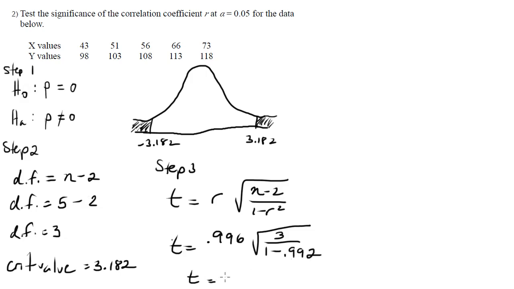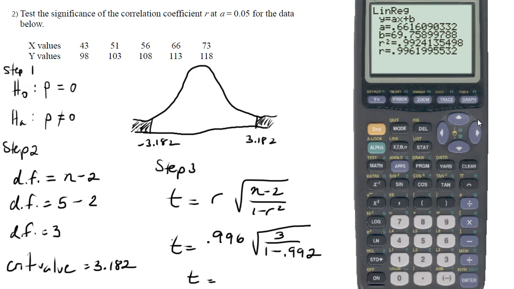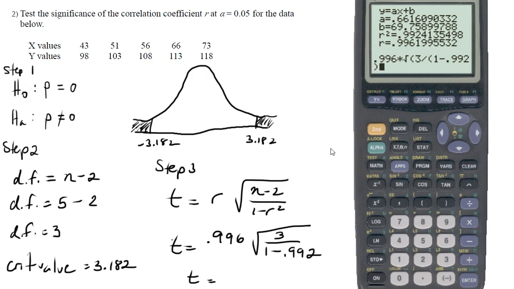I'm going to put this in our trusty calculator. Since I have multiple terms in that denominator, I'm going to group them with parentheses. So t is